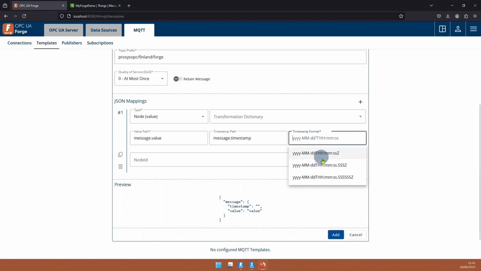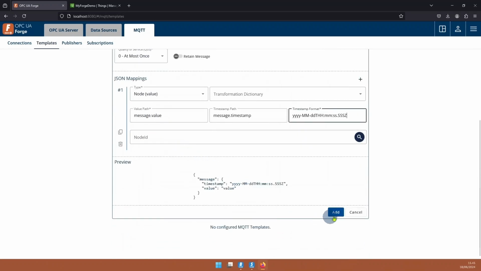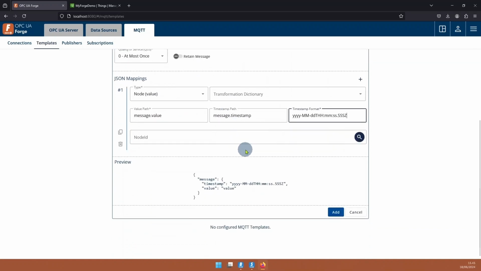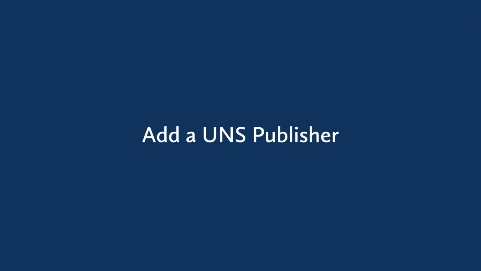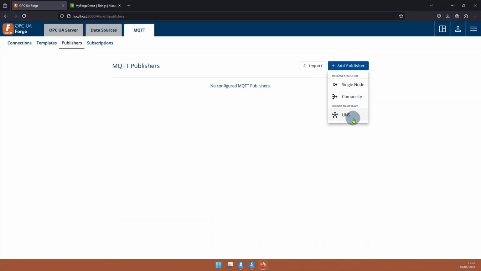For the timestamp, I'm going to select this format for now. And because this is just a template, I don't need the node ID selected here. I just fill in everything else. If I would like to, I could add more fields from here, but I'm fine with the value and timestamp. So I'm going to press add, and then I'm going to continue to the publisher,